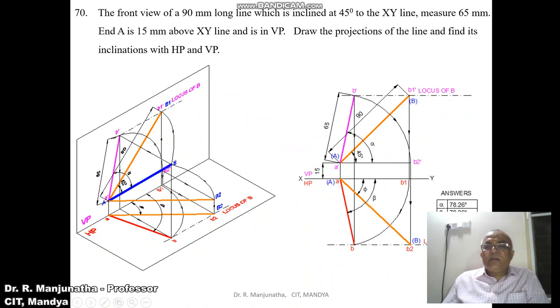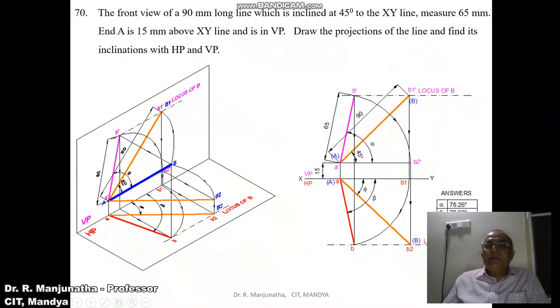Once you get the true length in the top view now. So we know the true length in the front view, which is A dash B1 dash. So we need to find the true length. You need to find the top view, which is the first one which we have found out, because we know the front view. And so first we will find the top view. Since we are already given the true length in the front view, we need not find the true length in the front view.